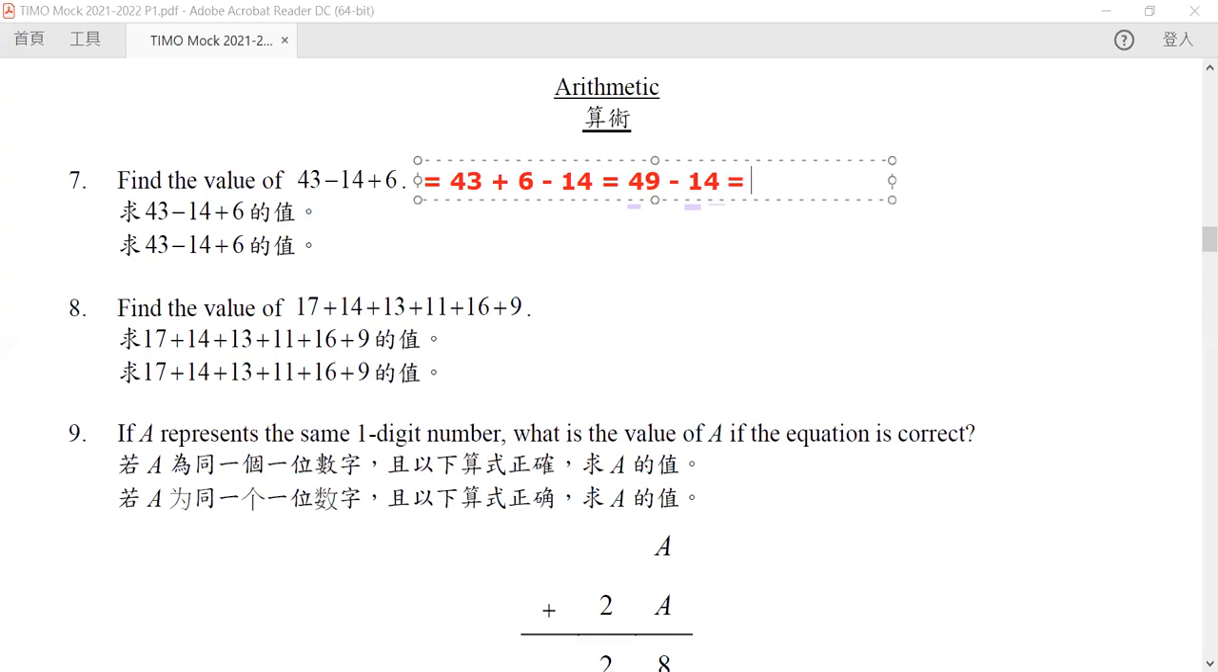It will be 3, and 9 minus 4 will be 5. So the answer will be 35. Okay, so 35 is our answer for this question. Now, again,